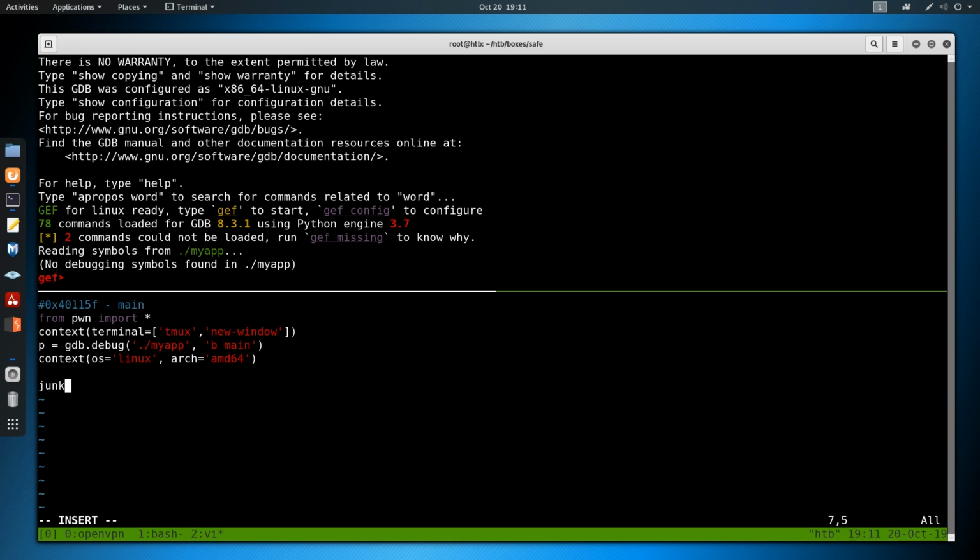Okay, so now if we do junk is equal to A times 120, and then we put main on the stack, so we'll do call main, I guess, maybe. p64 0x4115F. And then P dot,